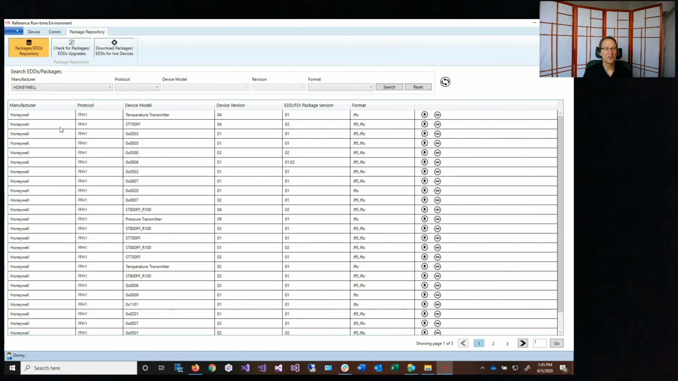And we can see, okay, here's all the Honeywell products that are in our repository. There are 5 pages worth down here, so pages 1, 2, 3, 4, 5. So we've got all 5 pages potentially showing there. And let's say we want to narrow down to just their HART devices. So we can do that and do a search. And okay, now we're only seeing the HART protocol packages and